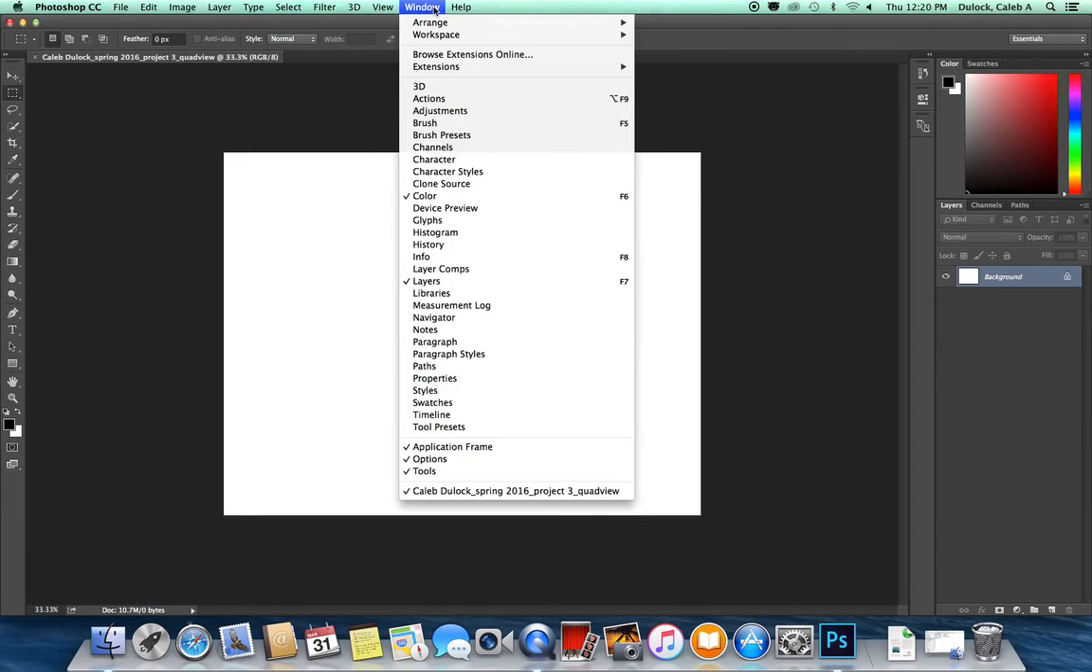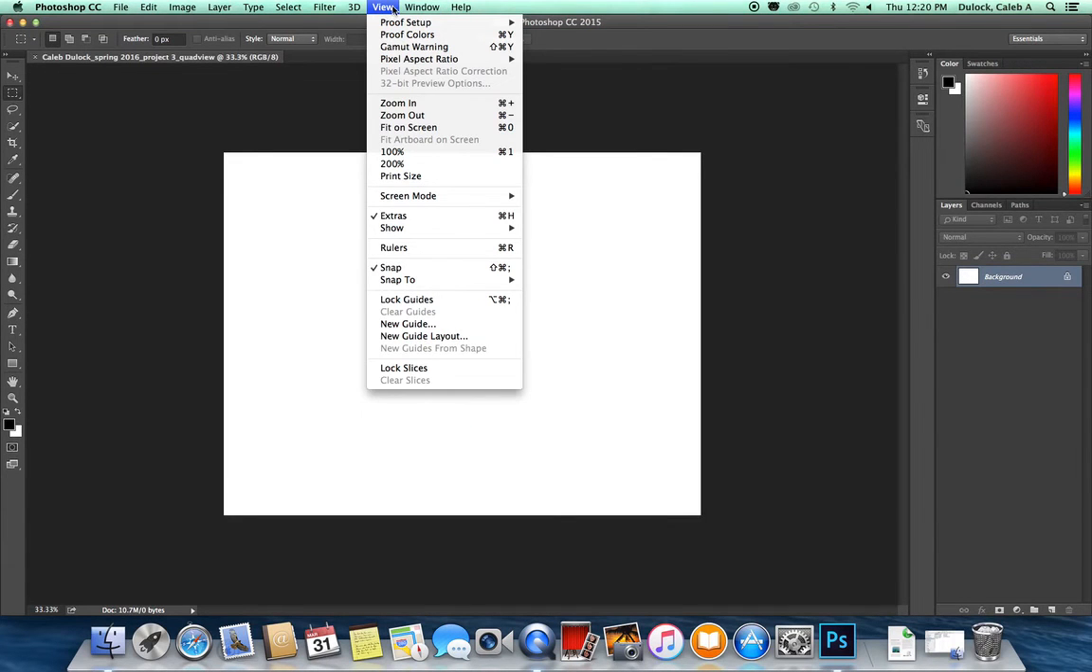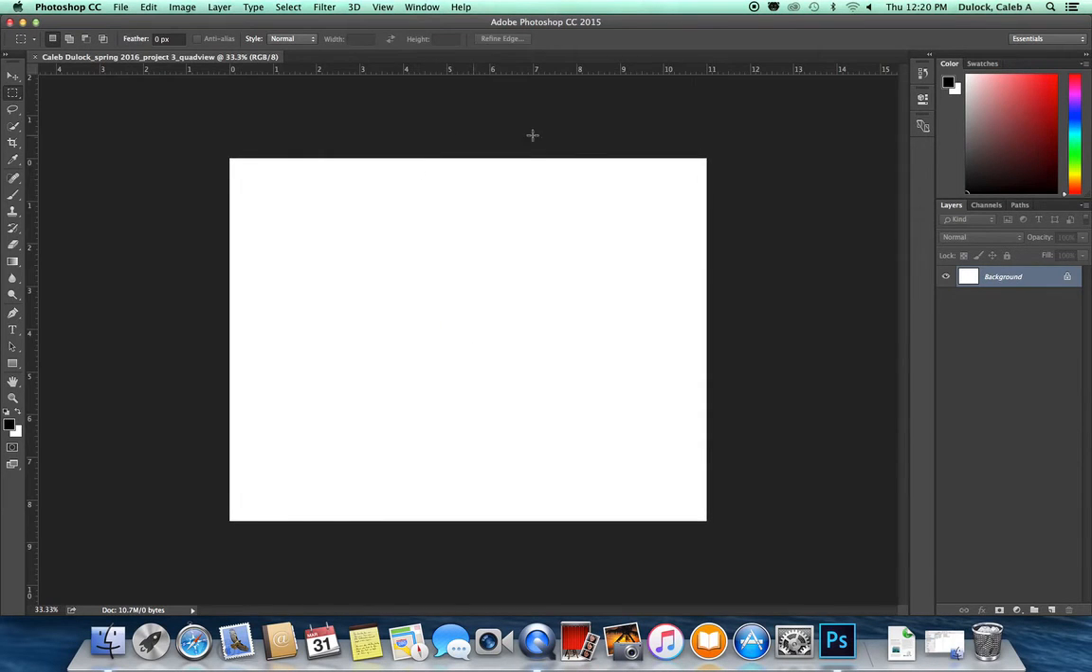Alright, so now what we're going to do to drop in our rulers, we'll go up to the View option from the top menu in Photoshop and go down to Rulers. Now that we have them turned on, there's a ruler across the top and the left side of our screen. We're going to start off by pulling down the guideline from the top ruler, and we're going to pull it down until it comes to just about